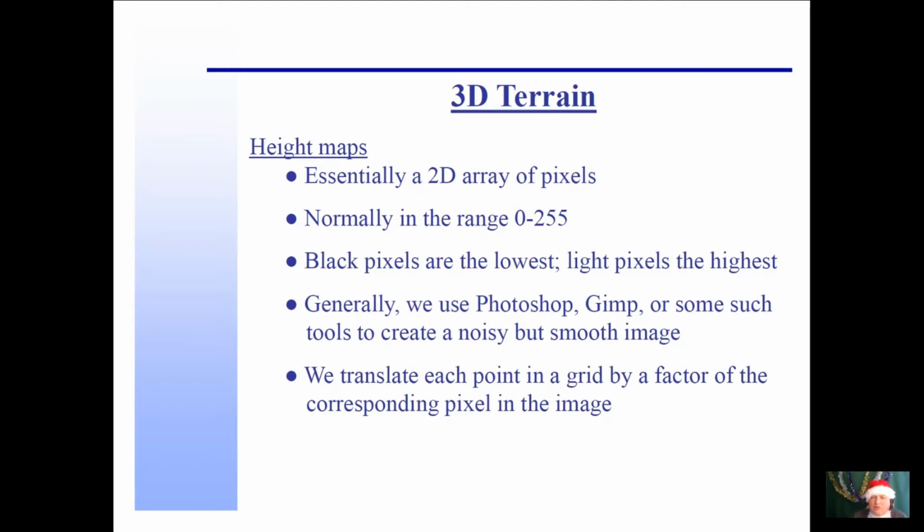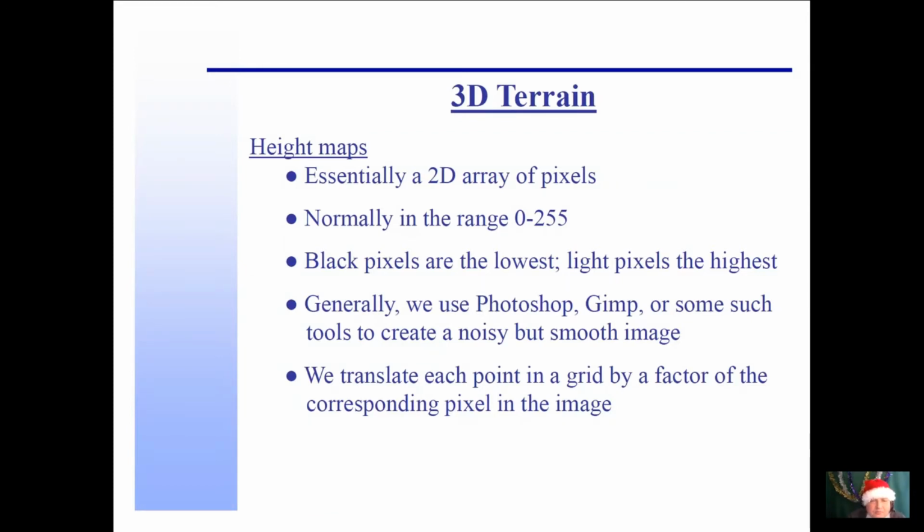Generally, you can use Photoshop, GIMP, or any other tool to create a noisy but smooth image. Noisy because we need some diversity in this terrain, but smooth because we want this terrain to look